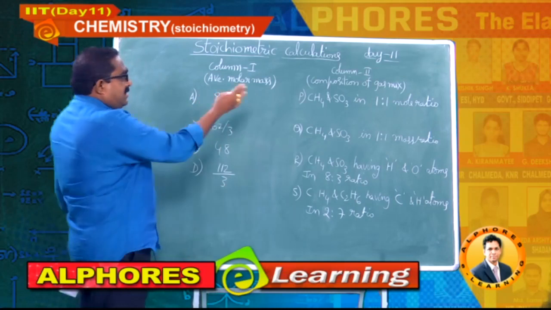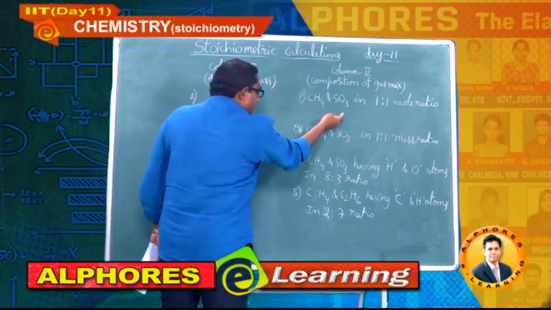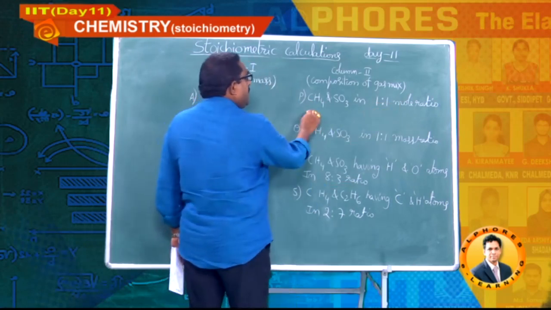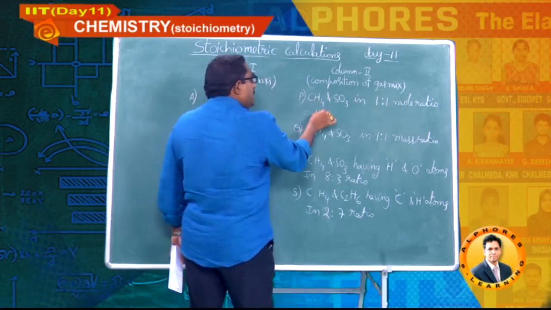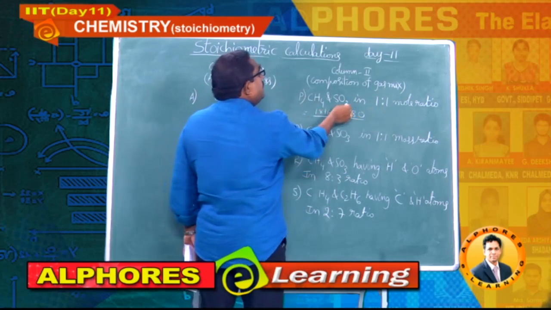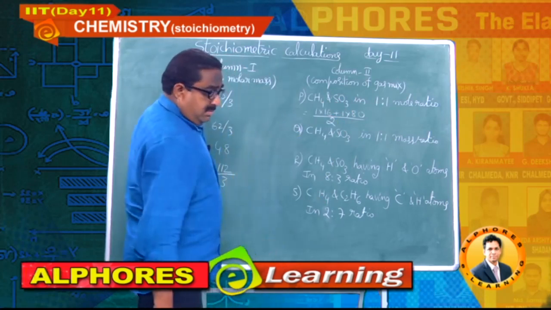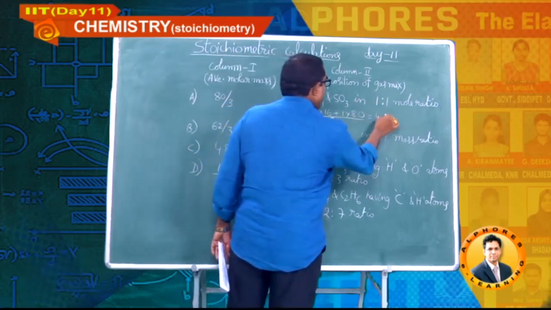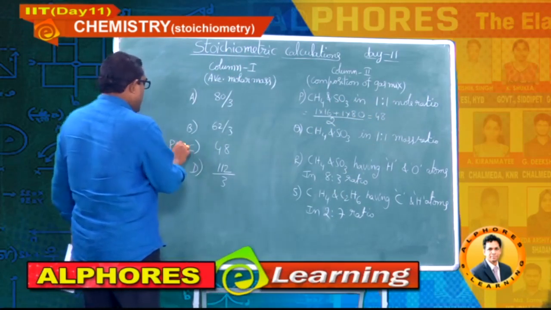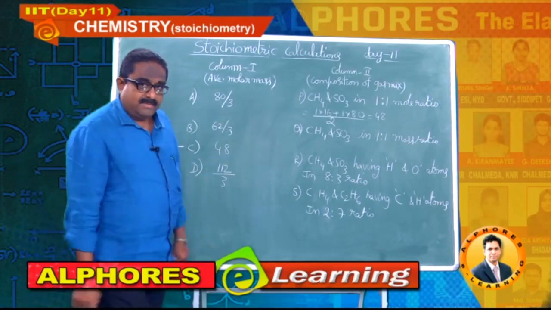Right. This is the data composition and this is the average molar mass. So, it is better to start with this rather than this. Okay. 1:1 molar ratio. How do you get average molar mass? 1 into molar mass of methane 16, 1 into molar mass of sulfur trioxide 80, 48 plus 32 divided by 1:1 means 2. 80 plus 16, 96 by 2, 48. Where is the 48? C. So, C is matched with P. Okay. One match is over.